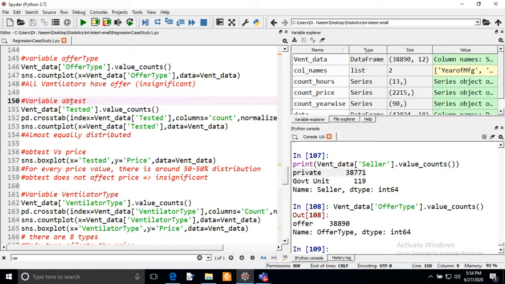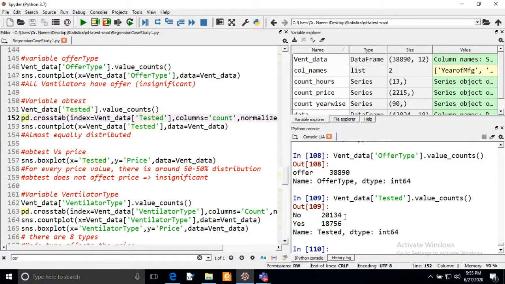Now we can come to tested. So either our ventilator has been tested or not. We can see how many have been tested and how many not. Some 20,000 ventilators have been tested, and 18,000 have not been tested yet.